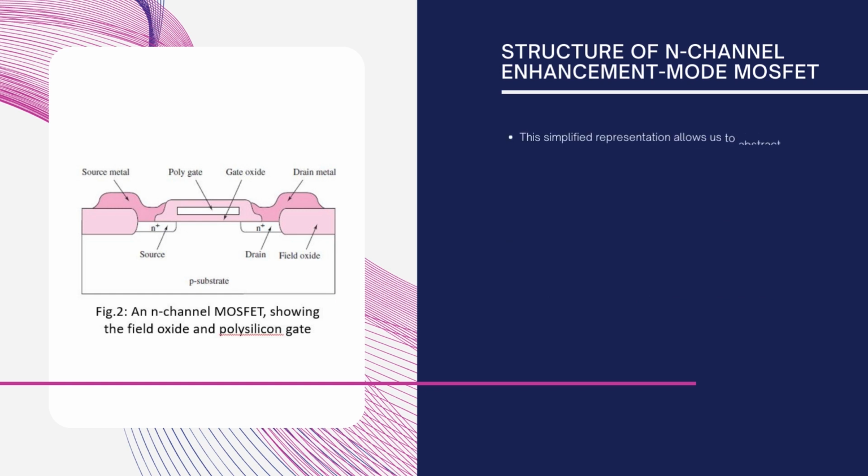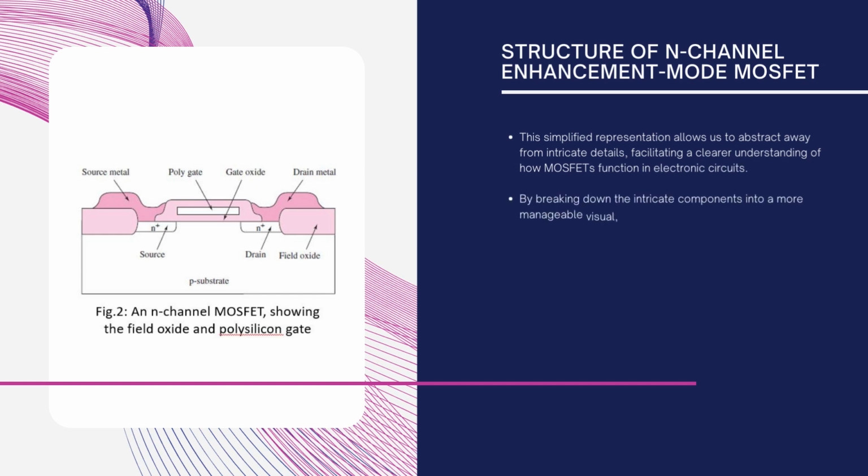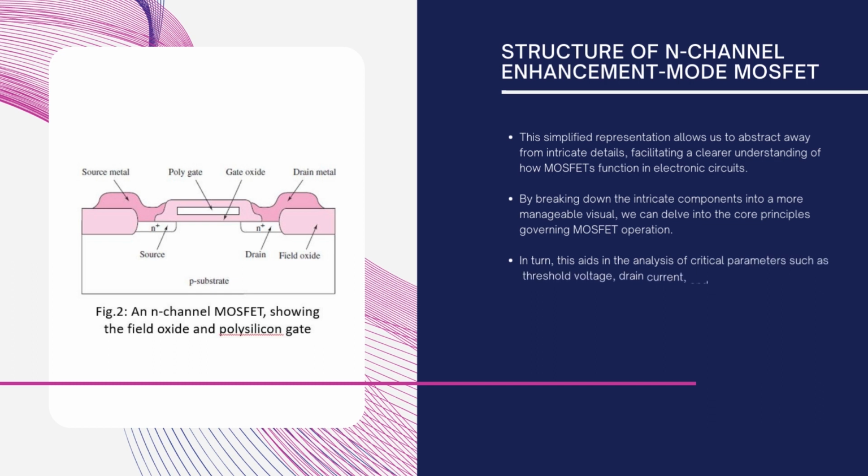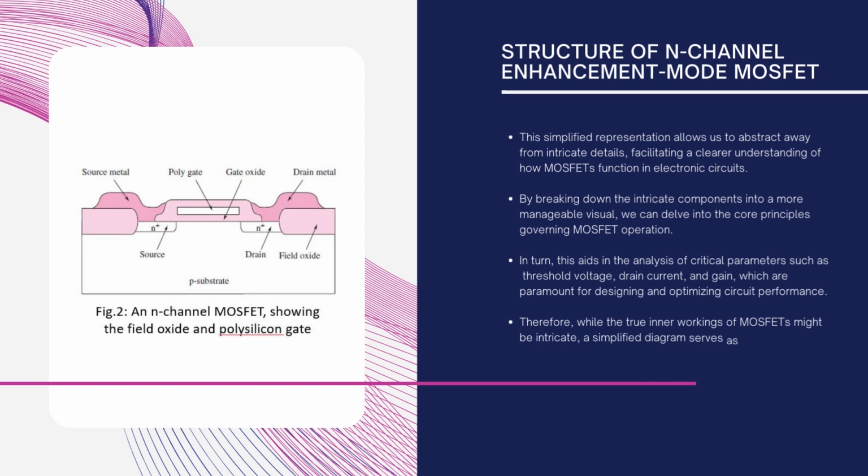This simplified representation allows us to abstract away from the intricate details, facilitating a clearer understanding of how a MOSFET functions in electronic circuits. By breaking down the components, a more manageable visual can be revealed of the core principles governing